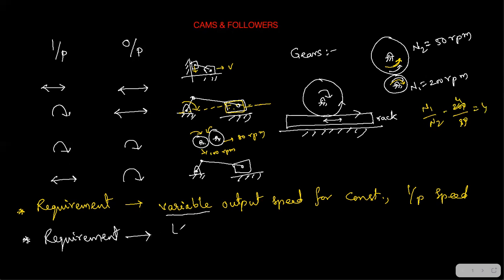So the other requirement is to generate intermittent motion. So this is another requirement, to generate intermittent motion. Intermittent motion means at a particular time the part is stationary, at the very next instant or after some time the part needs some motion. I'll just show it in the coming slide with a diagram. We will explain. Fine.